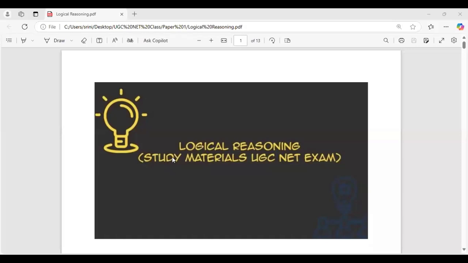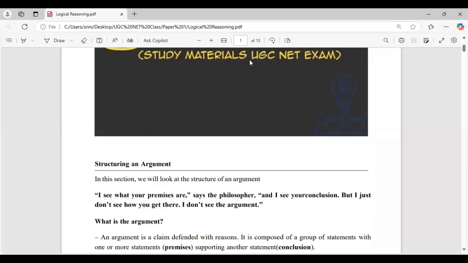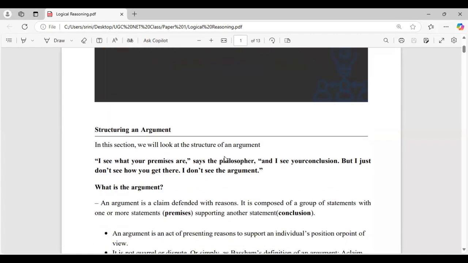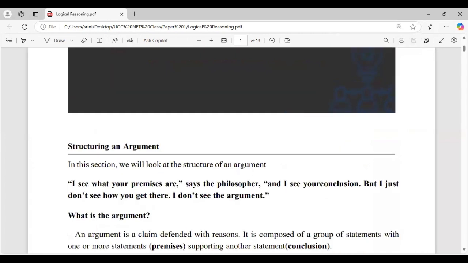So logical reasoning, first we will see basics of statements, arguments, fallacies. Also, I didn't add it, I will add it later. Then we can move to Indian logic. Then further we can fully concentrate on previous year questions and we can work on aptitude, data interpretation and reading comprehension. Further, we'll review at least 100 questions per day.